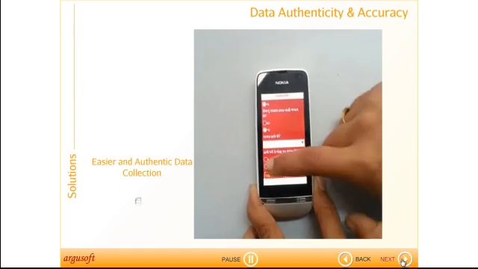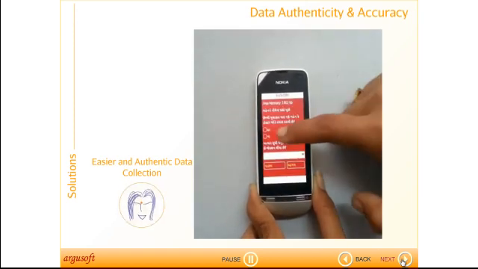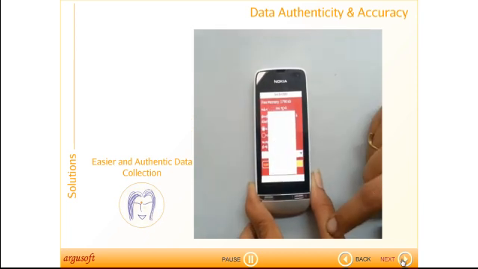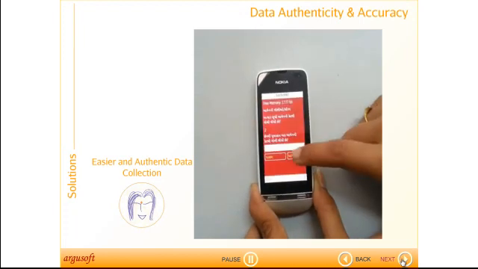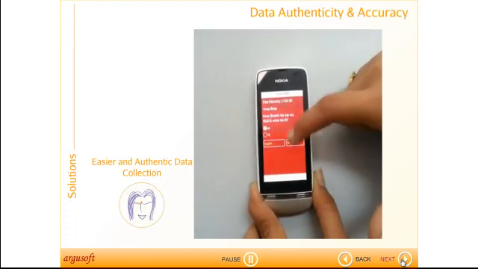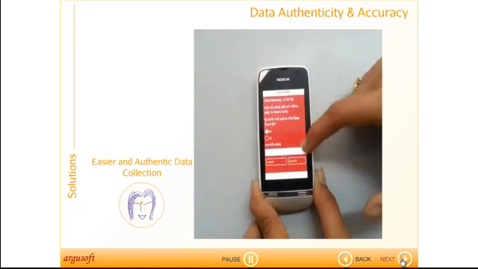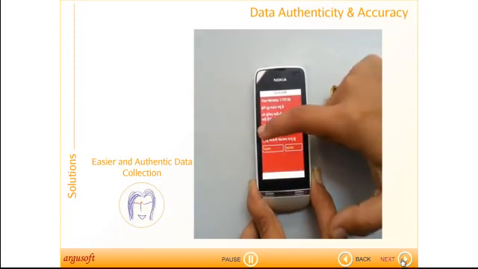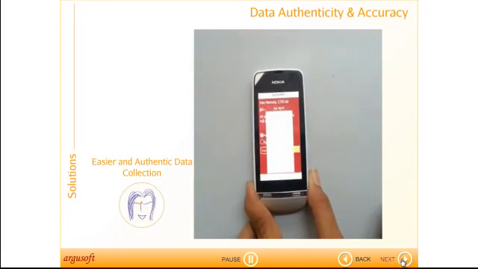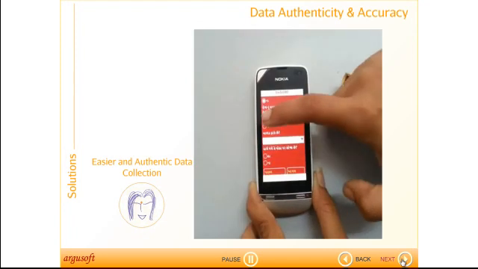As you can see in this video, the MAID platform allows the field worker to enter the data directly on the mobile phone through a simple touch interface. There is no need for typing since all possible values appear as radio buttons or drop-downs. The field workers can easily touch to select the appropriate values. The platform supports several Indian vernacular scripts, and hence the field workers will find it much easier to work in their own language. Once the data is entered in the mobile phone, the software automatically sends it to the MAID server through the use of GPRS.